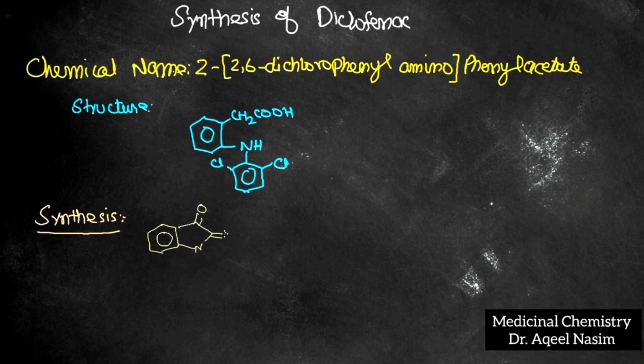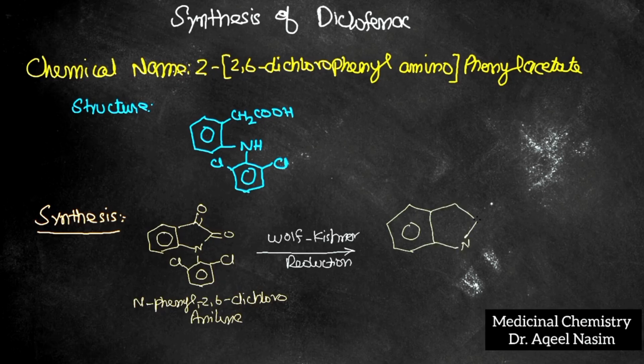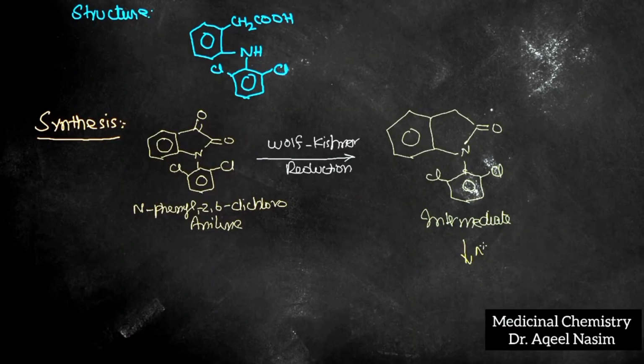Let's discuss the synthesis step by step. The first step is the N-phenyl 2,6-dichloroaniline undergoes Wolff-Kishner reduction, and resultantly it will form the intermediate compound. This intermediate, upon further hydrolysis with sodium hydroxide, yields